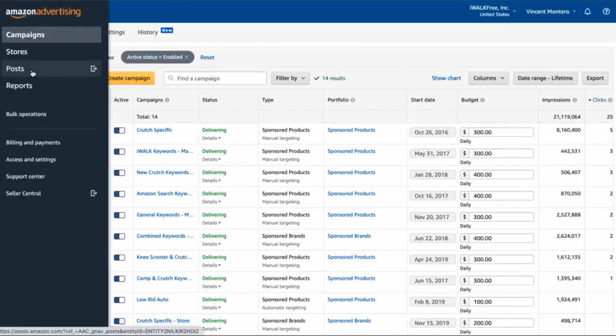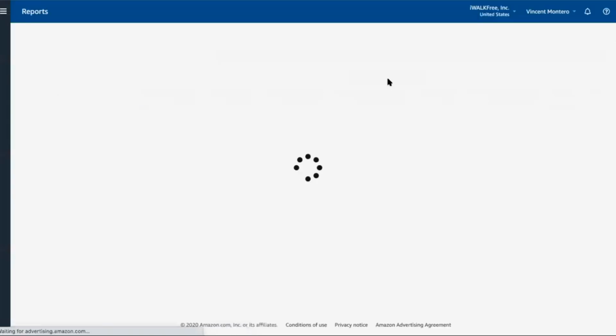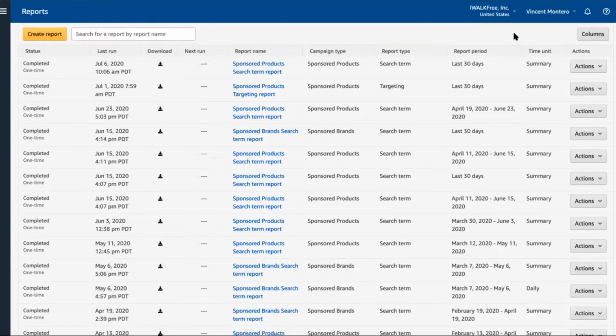So the first thing that users have to do is look at their search term reports. They're called search term reports, but they can also actually be keyword reports as well that you look at. However, as you can see here, these are all search term reports. What you really want to do is look at your search terms because those are going to give you the information that you need to see what's actually being connected to your keywords. So if you optimize your search terms, you're really effectively also optimizing keywords as well. So once you've created a report, you would just go ahead and download that report. So I'm just going to do an example one here. And then once it's downloaded, you would take a look at that.